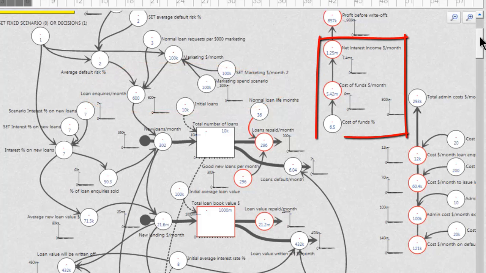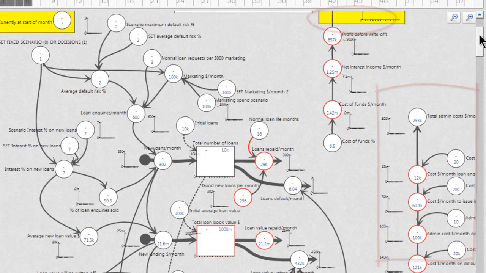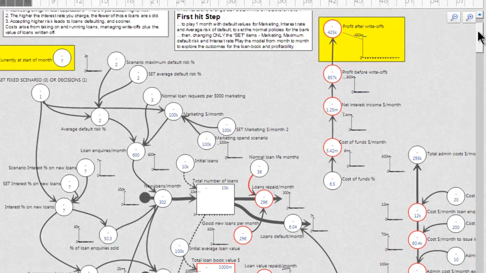The interest income minus the interest the bank itself has to pay for the money it lends out gives the interest margin each month, and deducting the costs of issuing and administering the loans leaves the bank's monthly profit. Any loans that default are very costly to deal with, and the value of those loans is a further loss